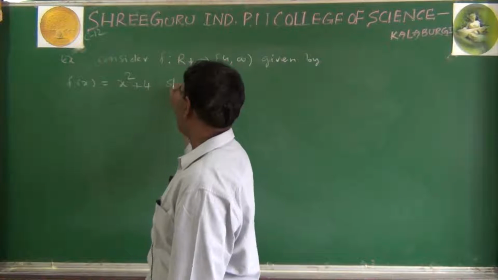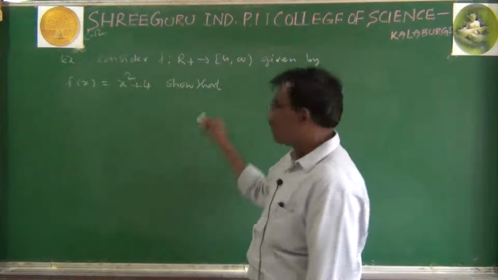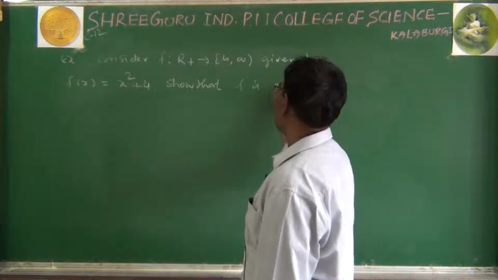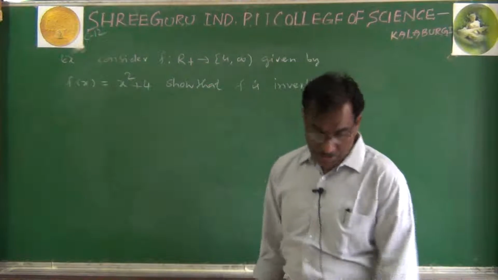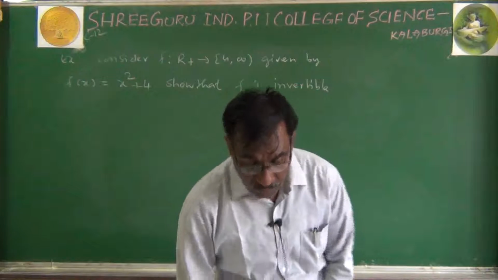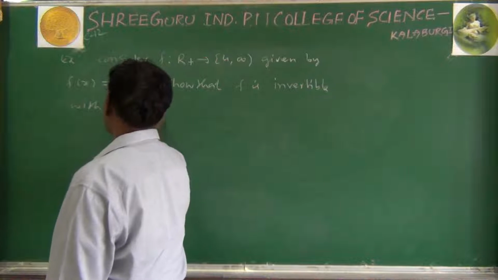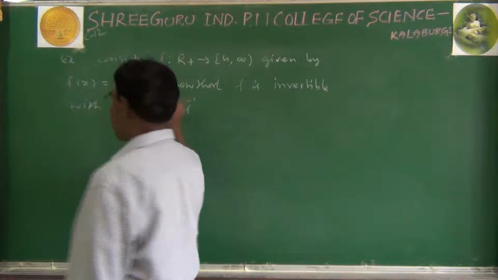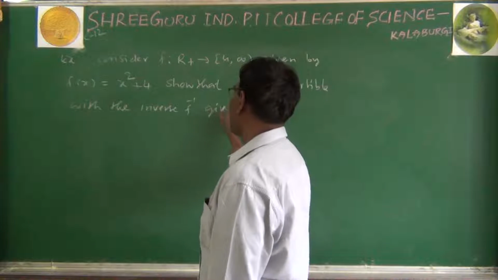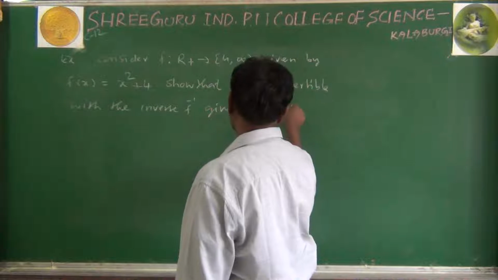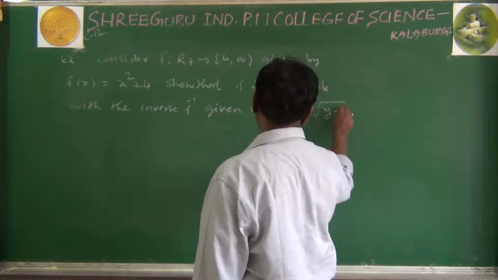Show that f is invertible, with the inverse f inverse given by f inverse of y equal to root of y minus 4,